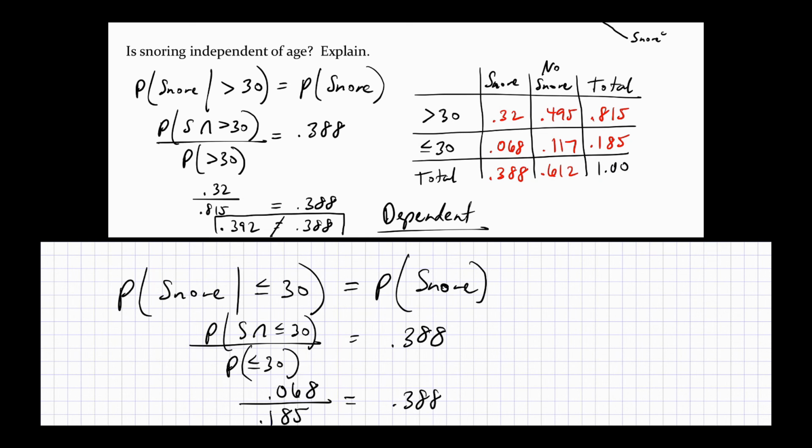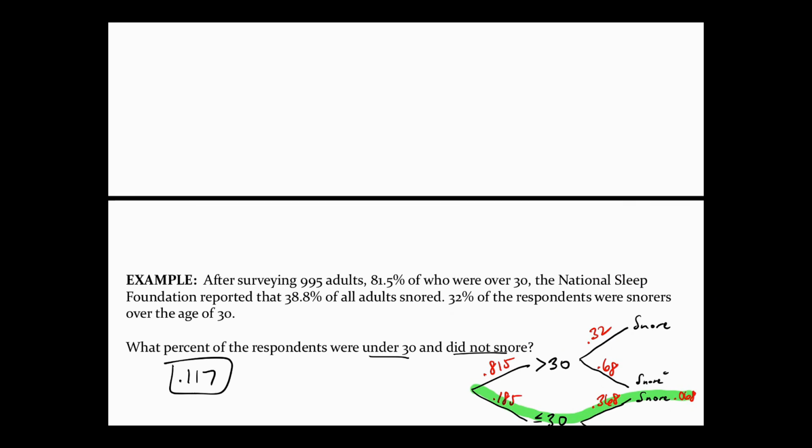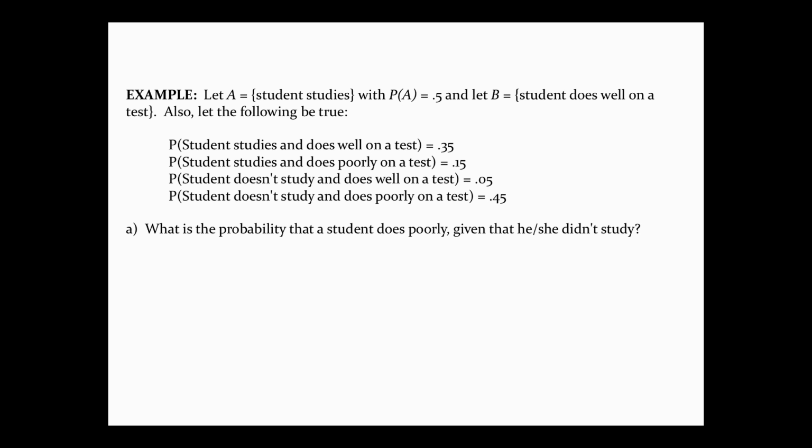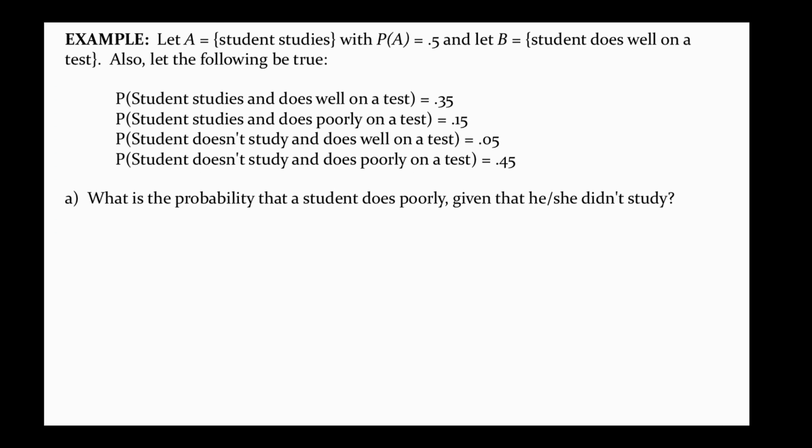Anytime you can use a tree diagram, more than likely you can use a table. So it doesn't matter to me which one you use. I'm not going to say use a table. I'm not going to say use a tree diagram. What I'm going to say is answer the question. And if you don't have one of those, it's going to be harder to answer the question. So how do we figure out the difference between percent, like the win question on the homework, and this kind of question, where you just take the thing?